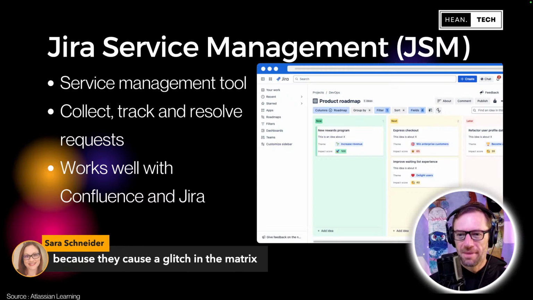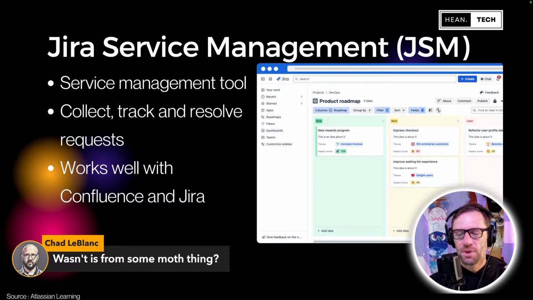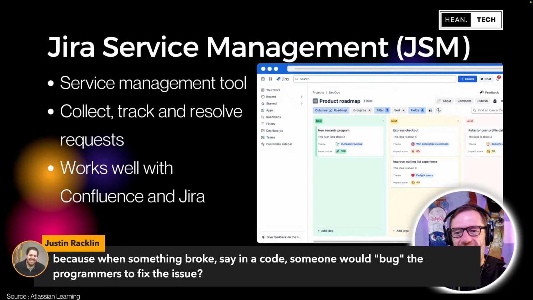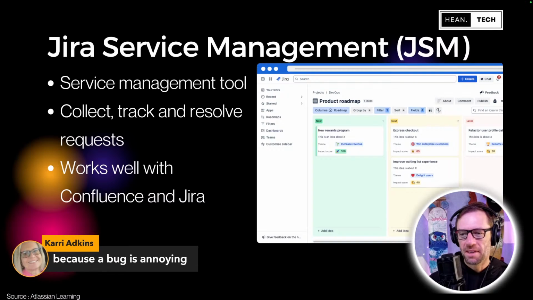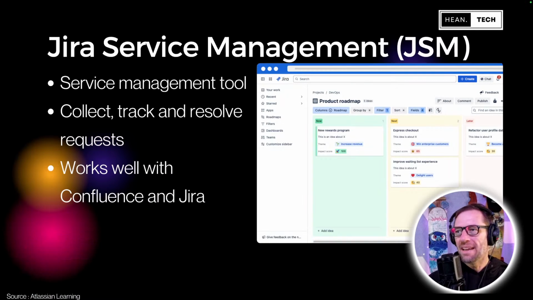Because it was a glitch in the matrix, wasn't it, from some moth thing? Oh, I like this one, Justin, because you had to go bug the programmer. Because a bug is annoying. The story I have heard is that in some supercomputer back in the 50s, back in the before times, a computer wasn't working properly and they had to take it apart and they found a moth had short-circuited something in the computer.